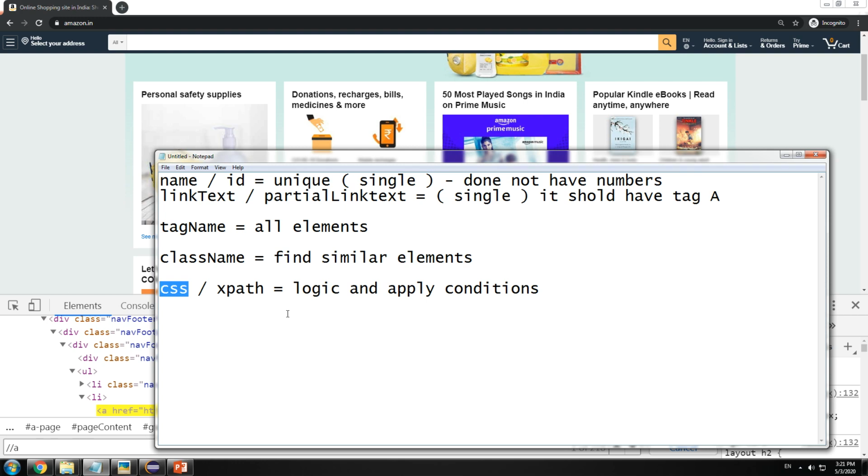But again, it is something which depends on you. It cannot be debated. If you like XPath, go for XPath. If you like CSS, go for CSS. Just take care of one thing. Make sure that your entire team, or if you're working in a particular company, if the maximum people in the company know XPath, you go for XPath, because projects always migrate from one team to another, team members always change, and you cannot expect people to learn a new technology when they already know something that already works.